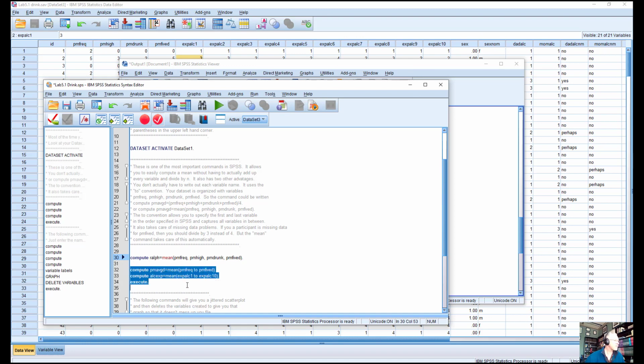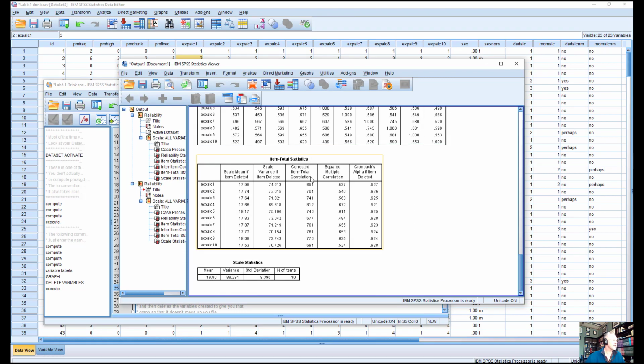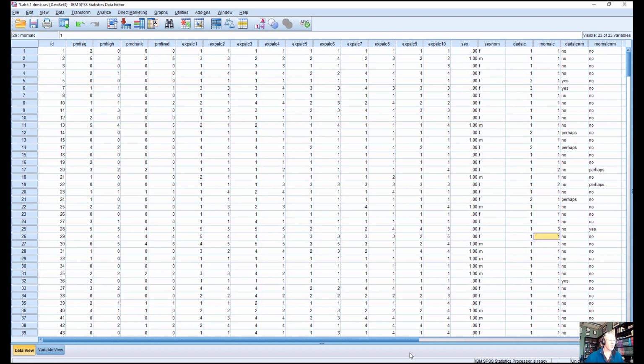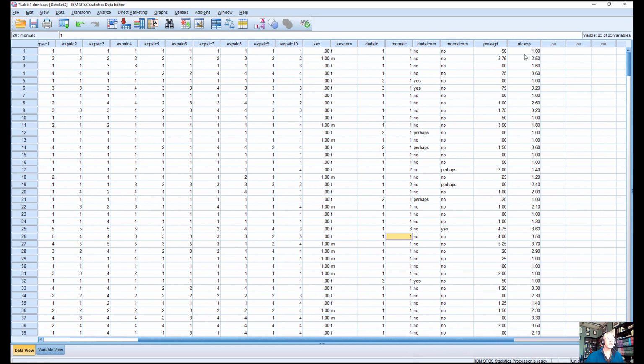Okay, so enough about that. So we highlight the commands once they're written, go to this big green button that says to run the selection. Hit the run button, it runs it. Didn't give me any feedback. Depending upon how you have it set up, it might repeat the command. It should at least give you errors if there were errors. Apparently there were no errors. These show up over here. Here's my average for the drinking variable, and here's my average for the alcohol expectancies. So they're now in the data set.